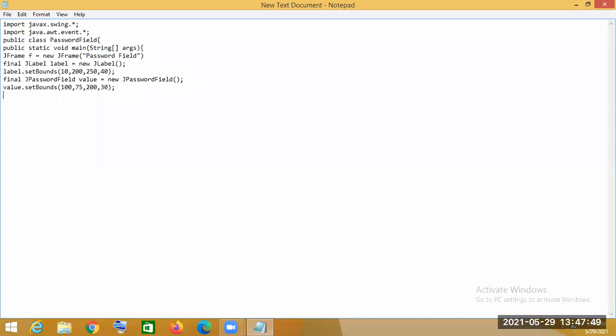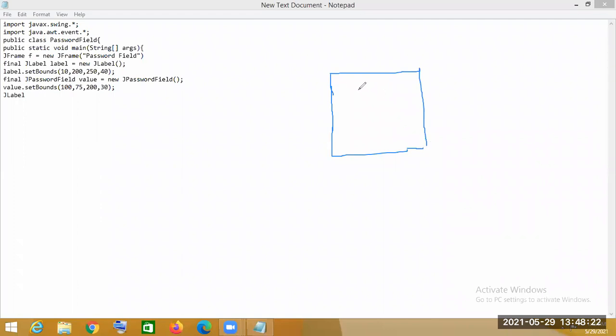Then after that, we will use labels. There will be two labels present. We want it to be shown like this: there will be a window, and in this window there will be username here and password here.